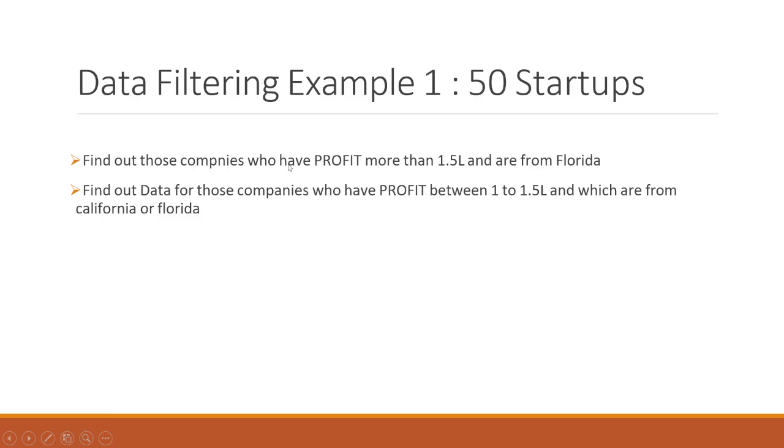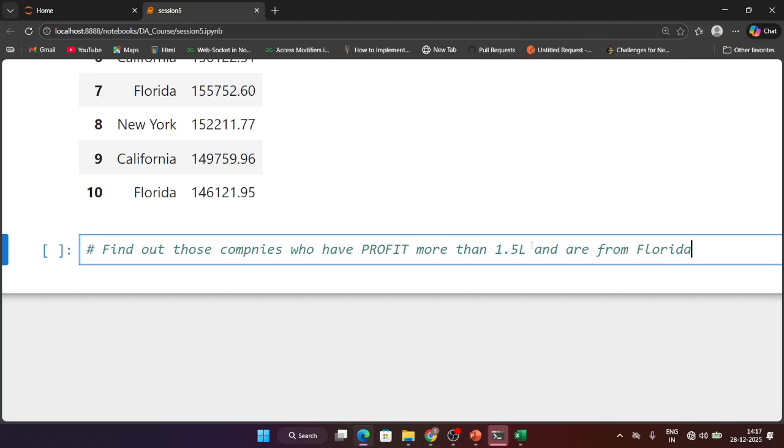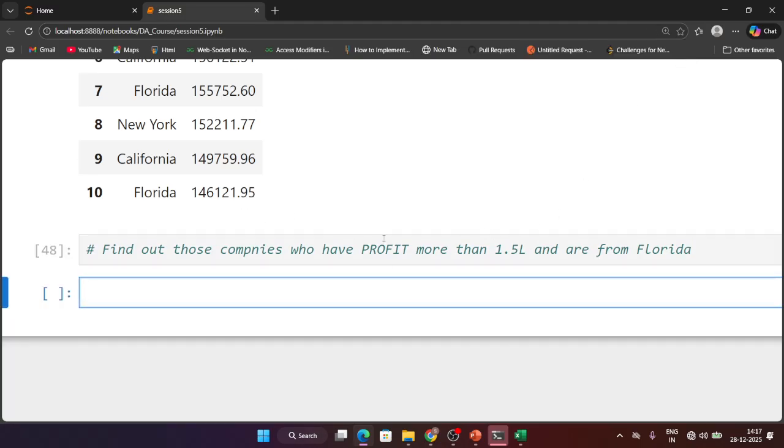Find out those companies who have profit more than 1.5 lakh and are from Florida state. Okay, so let's write that in practical. We have to find those companies, or that data, whose profit is more than 1.5 lakh and are from Florida state. Now how to give the condition here? First, our data frame name is st, and again you have to give one square bracket, and inside this you now have to write the conditions. In total we have two conditions, so you can give parentheses,